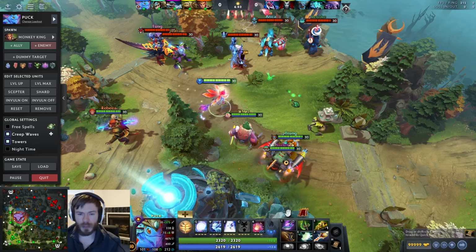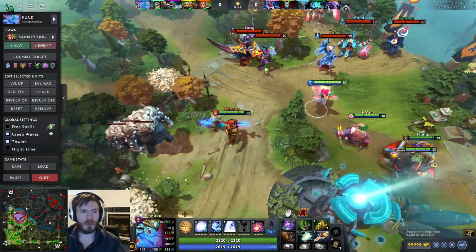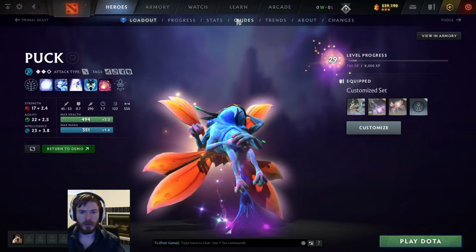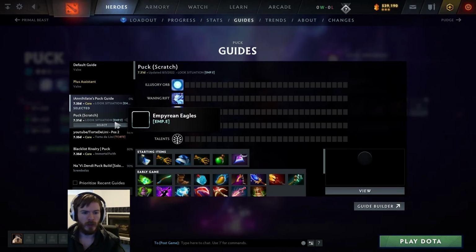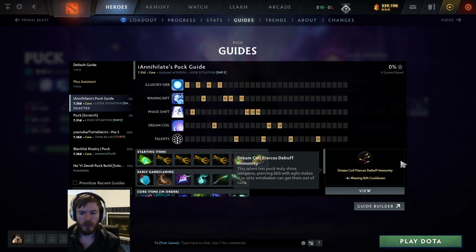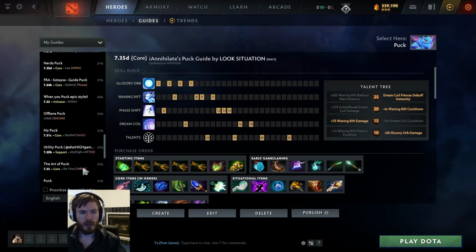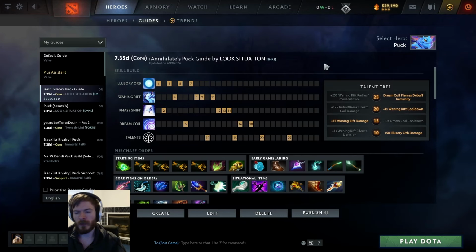So first off, we're just going to start with abilities. So I will find the in-game guide. Where is it again? Guides, Puck, guide builder maybe? There we go. So I will put this in the description. I'll also have a link to it on my Twitch channel and stuff, but this has...